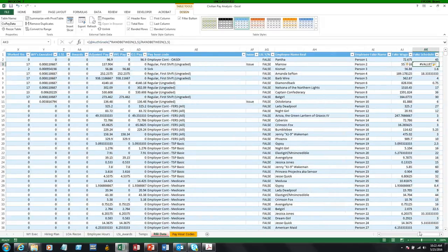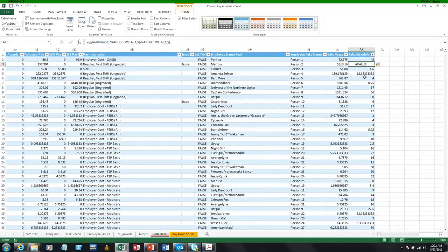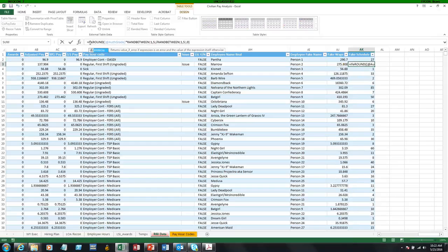Now on your authorized grade, you might not want these duplicates or these decimal places, so you can do a ROUND, not Roman. There we go. I'm going to round to 0 decimal places and hit enter. So that's good, and then I can also put an IFERROR in there if the data didn't have an authorized grade,